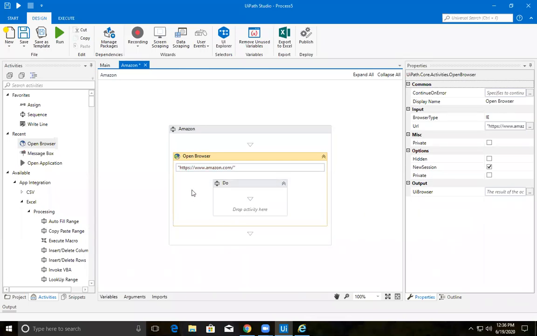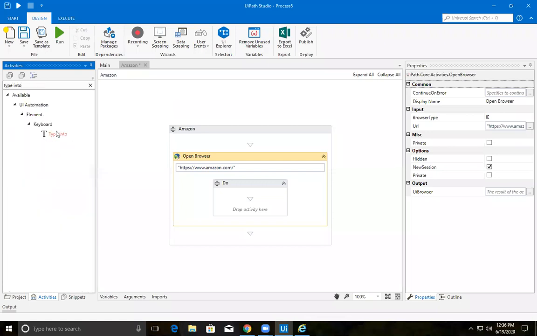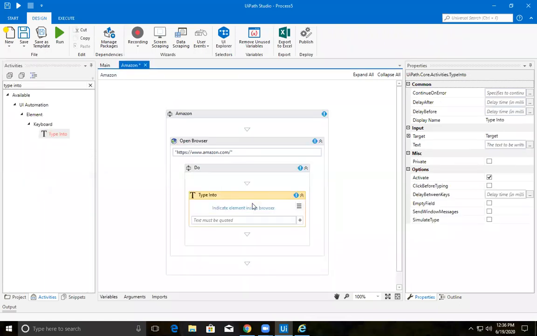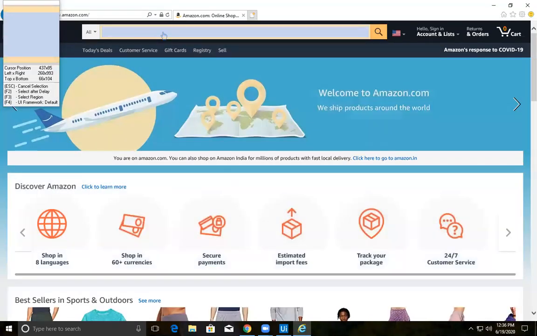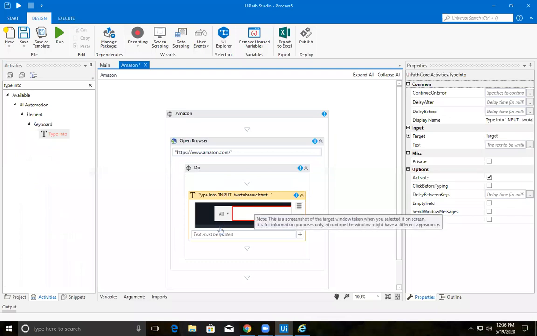So after opening the browser with the URL Amazon.com, let's have an activity called type into. Where do you want to type? So select here, I need to type. What do you want to type? Let it be in double quotes, automation books.